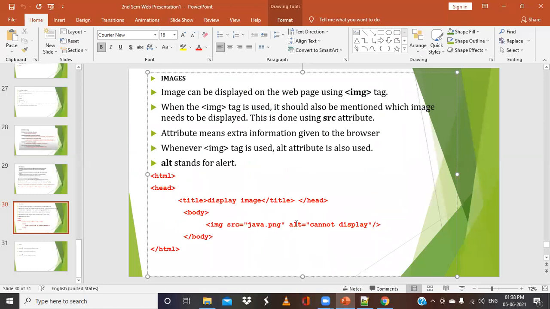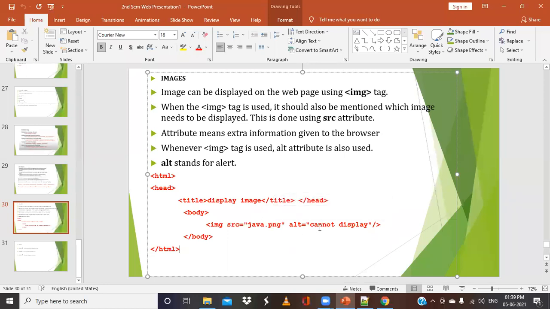And why do we use this alt attribute? If the image is not loaded or not displayed, then we use this alt attribute. Whatever we mention here, for example cannot display, will appear if the image is not there in that directory, or if you have wrongly typed the file name or file extension.